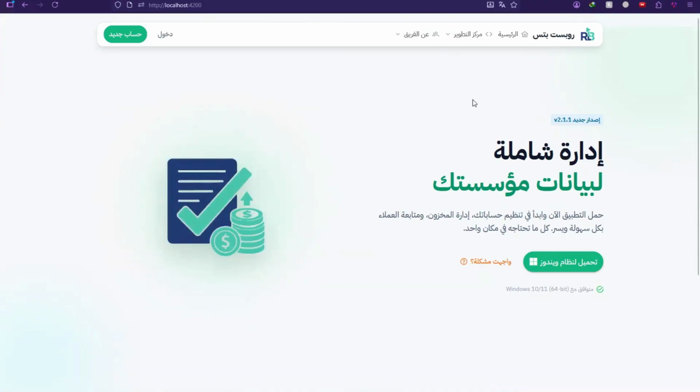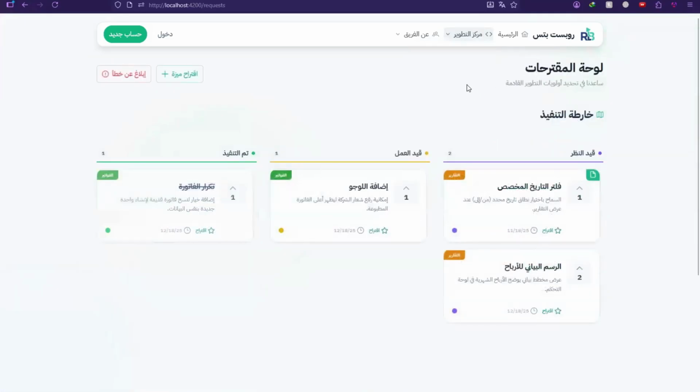Now let's go to the important features of the feature bug tracker project. So here is the development center. Here you can go to the roadmap of improvements. Here we can see the in consideration requests, and this part will include the requests that users made and the admins of the website,